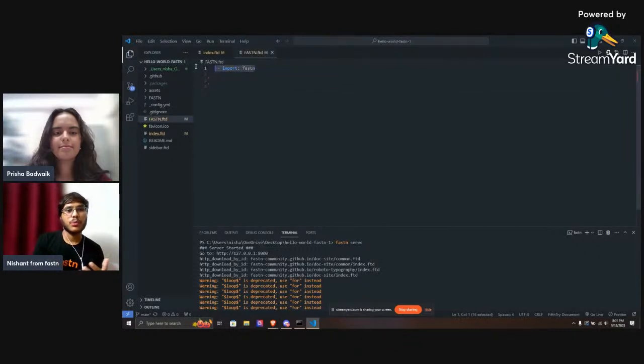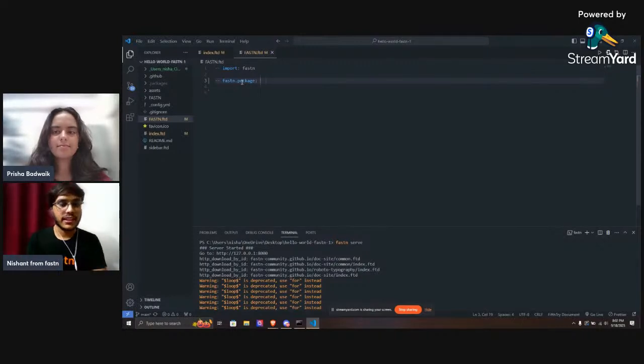First we have imported fastn by simply putting in dash dash import fastn. Once we are done with that, we have to simply type in fastn.package again, and you can name the package anything you want. You can publish this as well, your own package. So suppose I want to give it a name, you can give it your name: Nishant hello world. This is my package name. All right,